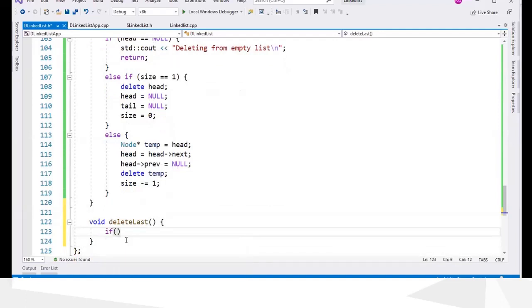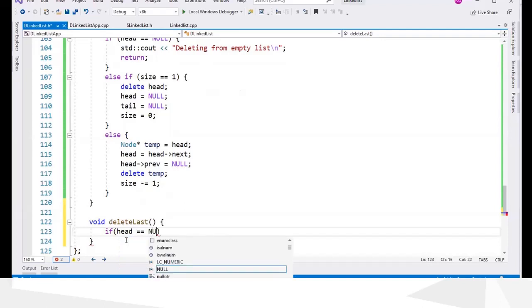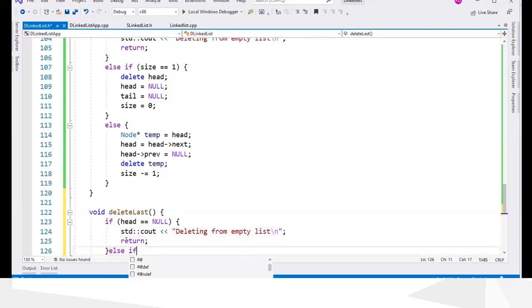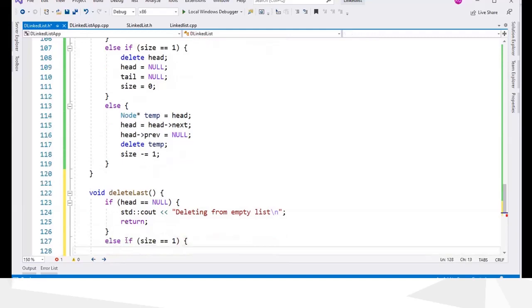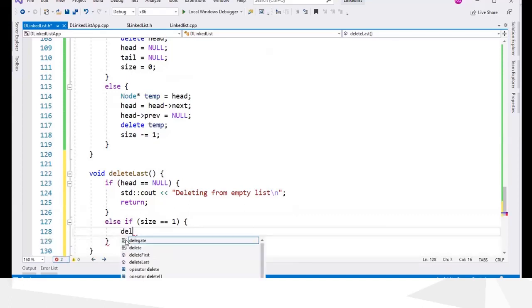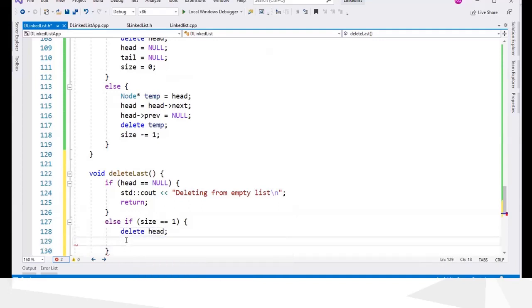So if head equals null, list empty, return from the function without doing anything, and else if size equals 1, we are deleting from a list which has only one element, so you delete head, so you delete the only node, and then head equals null and tail equals null.